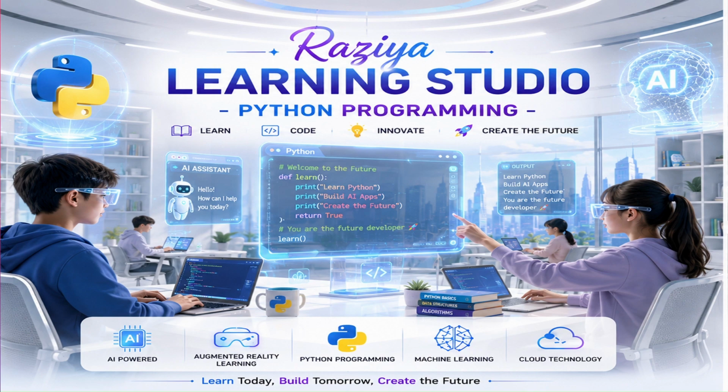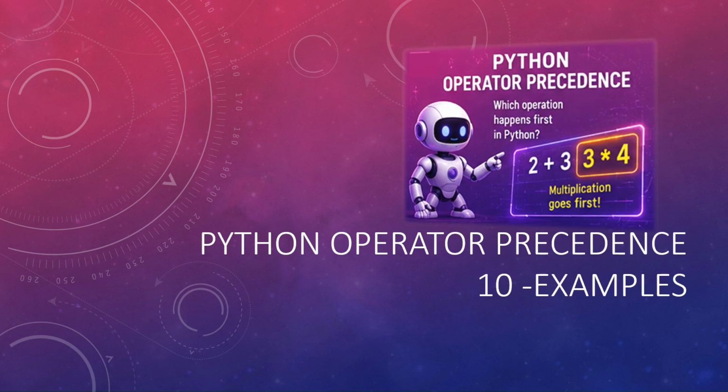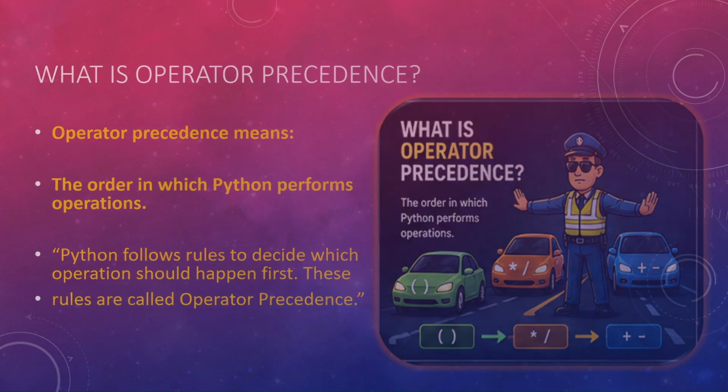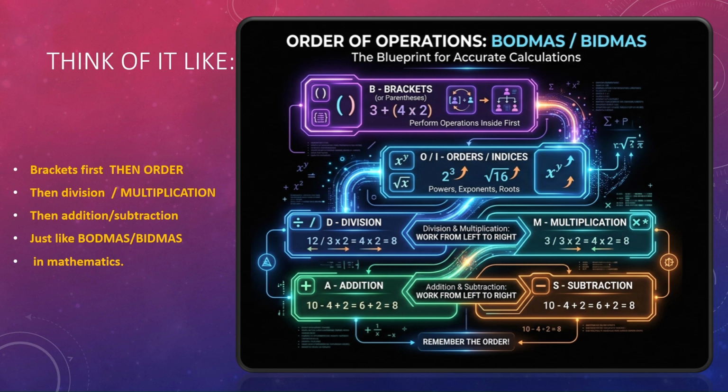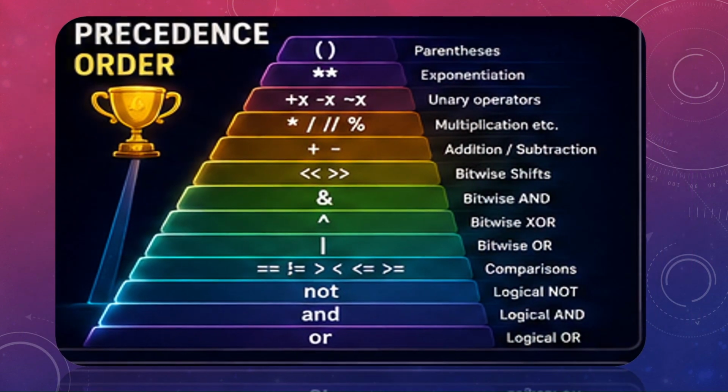So today we will be looking into 10 examples of Python operator precedence. We have already seen yesterday about Python operator precedence, which one comes first and which comes next, right? We have gone through this, correct? So we have seen the precedences. How are they preceding? Parenthesis, exponential, unary operators, multiplication, then division, modulus, addition, subtraction, then bitwise, then comparison and logical in the end.